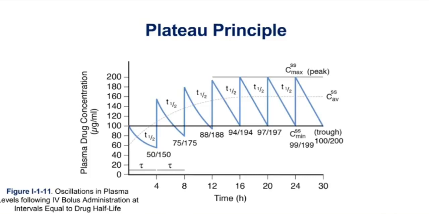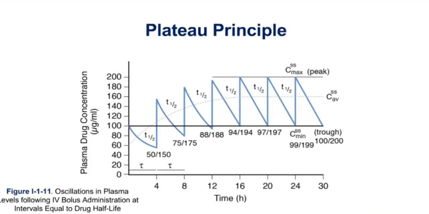I could approximate a CSS average. In fact, if I were to give this drug by constant IV infusion, that's what that would look like. It would approximate that CSS average. But I'm dosing every 4 hours, so I have peaks and troughs. I've also added to this graph